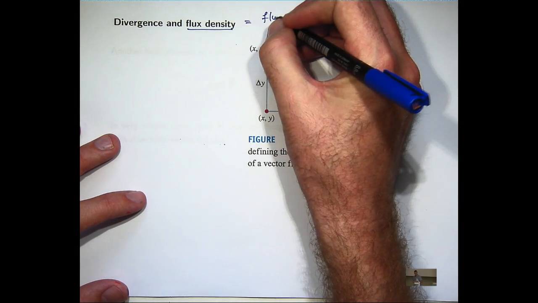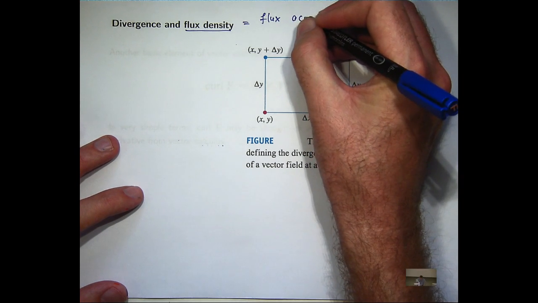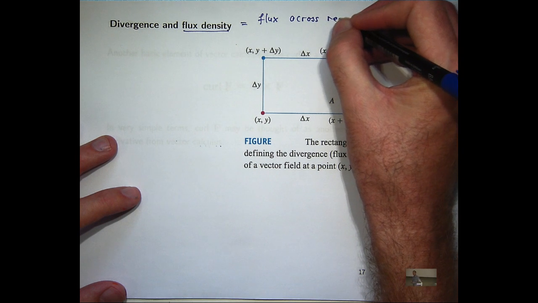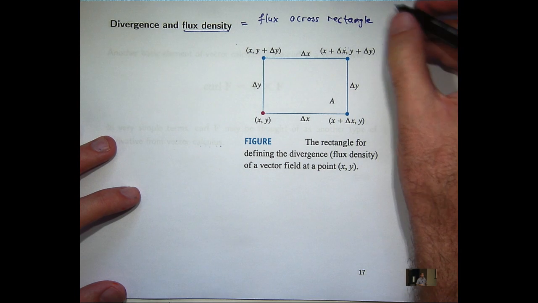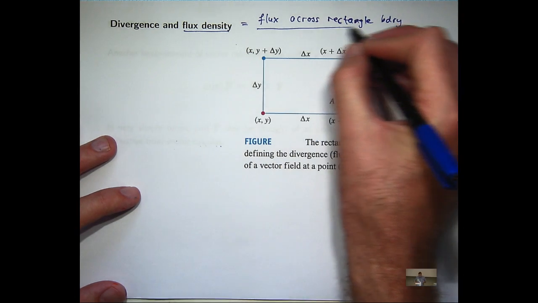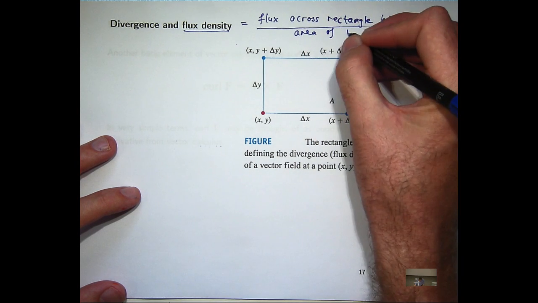Essentially, when I mention the flux density, I mean the flux or the flow rate across the edges of the rectangle, the boundary,